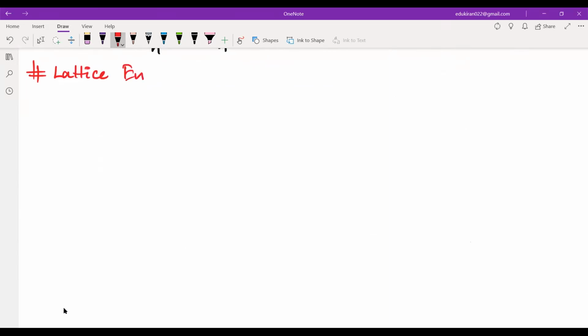Lattice enthalpy. So in lattice enthalpy, we are breaking a solid. You must have heard about this in the chapter on chemical bonding. So this is the enthalpy change